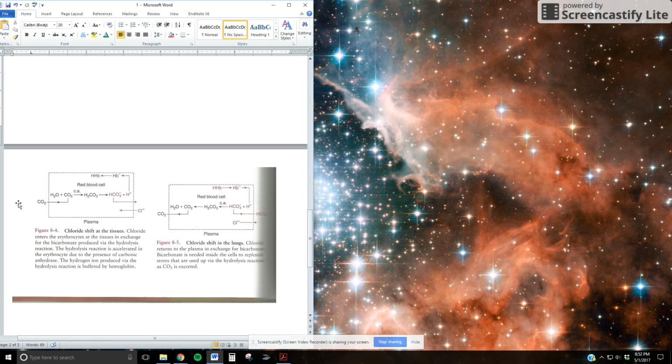So the CO2 is coming out of the cells into the plasma. It's dissolving into the red blood cell. It's going through that reaction to produce bicarbonate and hydrogen. The hydrogen will actually be buffered by hemoglobin. The bicarbonate will dissolve out of the cell, and then to retain electrical neutrality, a chloride ion will dissolve into the red blood cell. I don't know if y'all remember the chloride shift, but you can read about it right here. And then, of course, when the red blood cell gets to the lungs, the exact opposite happens to produce your CO2, and it's blown out, which you can pause